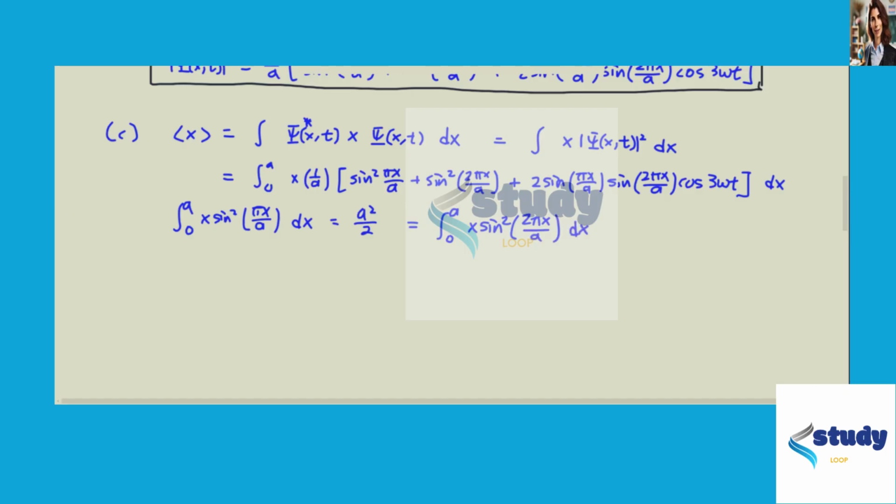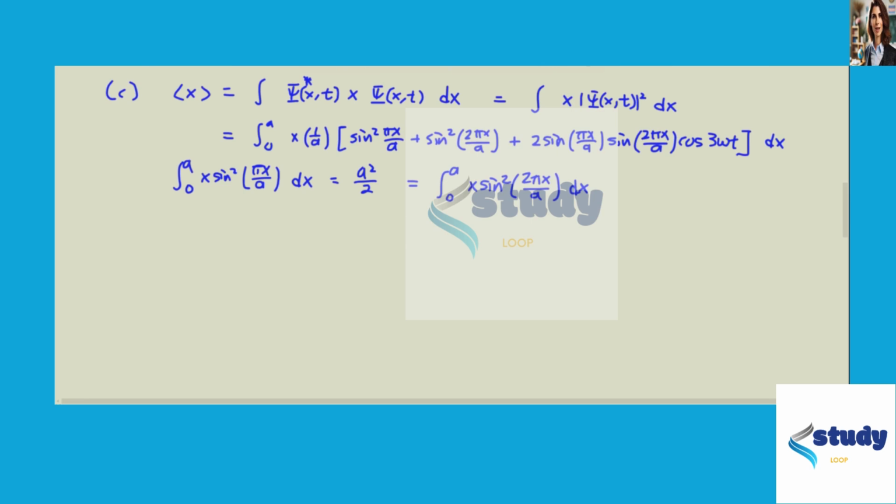And then the third integral, which is 0 to a x, we have a 2 here, sine pi x over a sine 2 pi x over a cosine 3 omega t dx. The cosine 3 omega t doesn't participate in the integration, it's a constant in this case. And then if you use Wolfram,